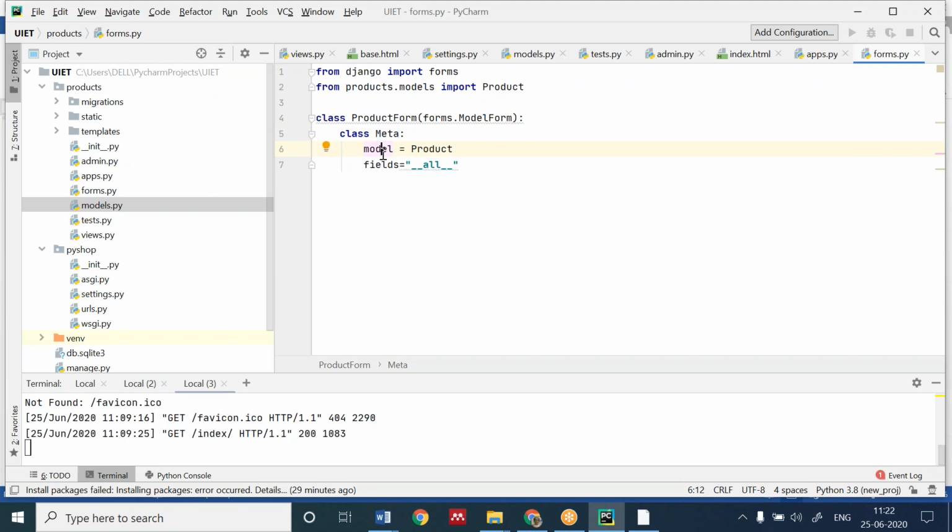Then what information have I passed? I have accessed the model, that is the product which we have created, and I wanted every field of the model to be displayed. Okay, done with this.